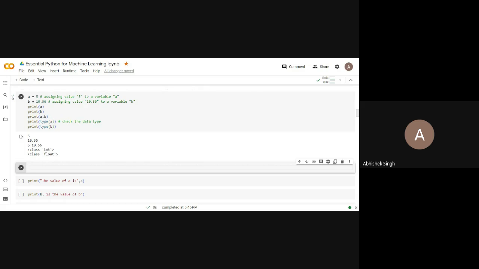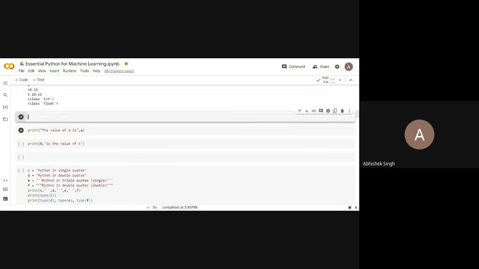So it is giving me the data type. Similarly, 10.56 belongs to the float class. So using the type function, you can check the type of your data. Remember that you can't give more than one variable to type, so I can't write type a comma b together.